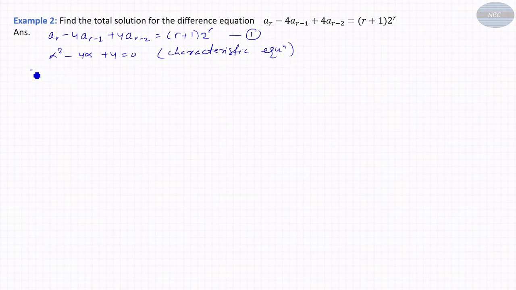Okay, now solve this one. So we get (alpha minus 2) whole square equal to 0. This implies alpha is equal to 2, 2. Okay, so here